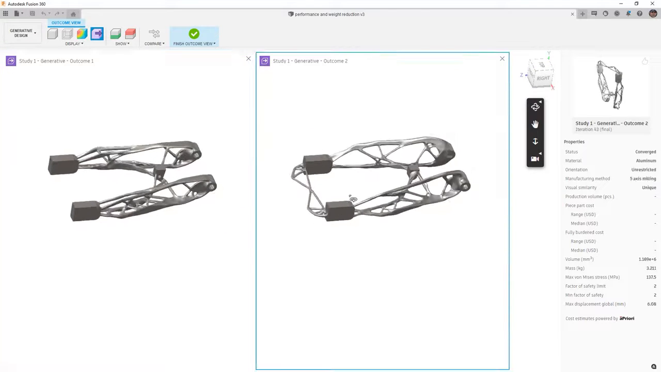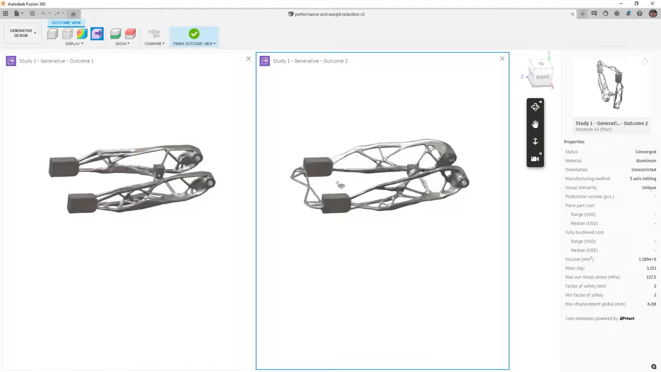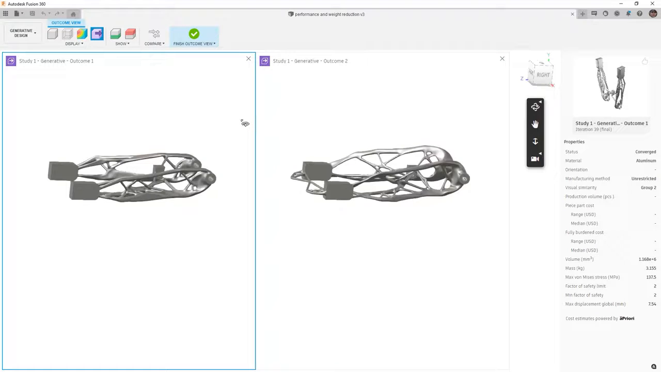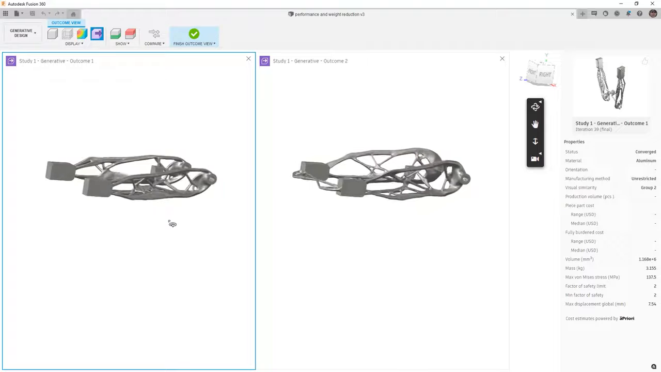So this leaves me with outcome 1 and outcome 2. Both are very similar in nature, and if we take a look at outcome 2, this is unrestricted 5-axis milling, and when we take a look at outcome 1, this is unrestricted, and you'll notice that the manufacturing method does not include 5-axis. This is because it was a purely unrestricted method, meaning it didn't have to meet any manufacturing